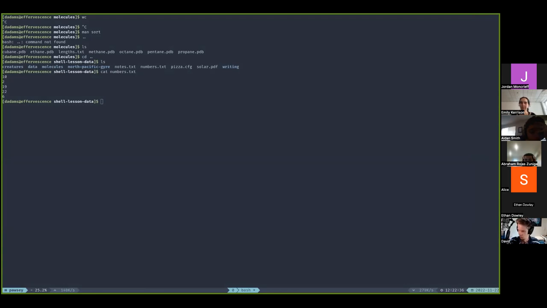Does anyone wish to volunteer before I start picking on people? Yeah, it orders them based on their numerical value. That seems pretty correct to me. So if we go sort -n on numbers, it's sorted in numerical order. That's pretty nice, we're just sorting it in numerical order. So we can apply the same thing